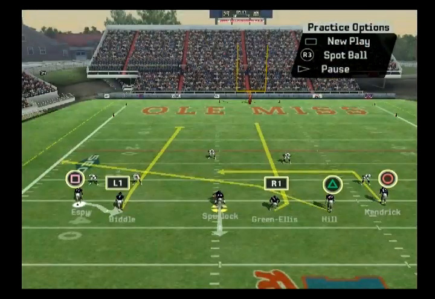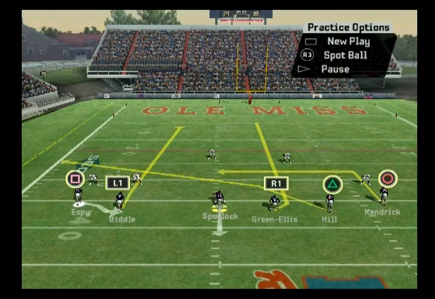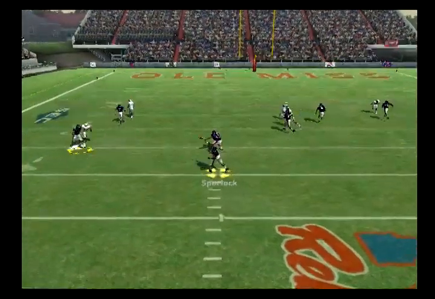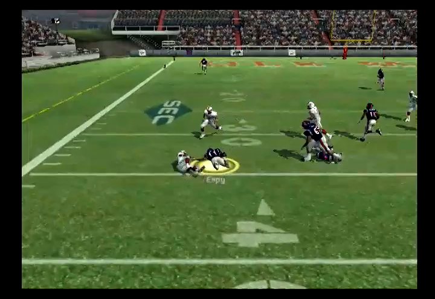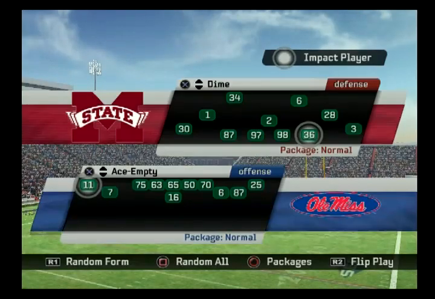So to recap that, your 2 go routes are great against cover 0. Otherwise, just go to your crosser or your dig. I wouldn't bother with the hitch on the bottom. You just don't have a whole lot to work with there. Again, you throw it to him, he's just not going to get much out of it. Okay? So for zone,